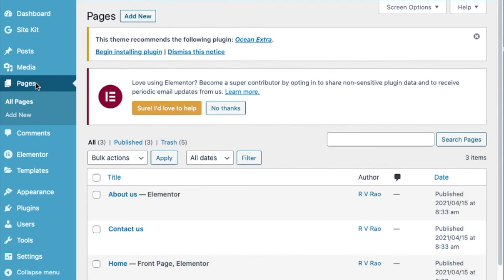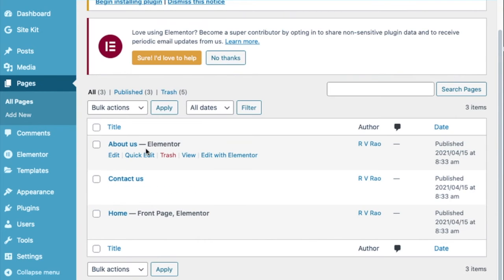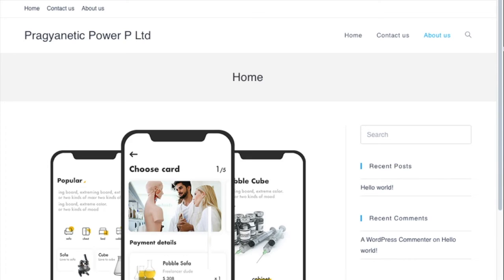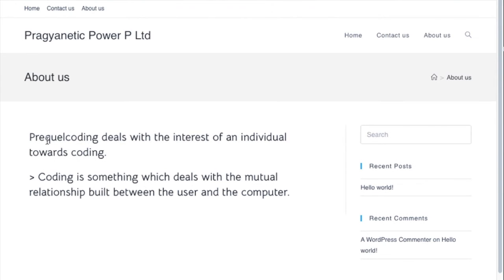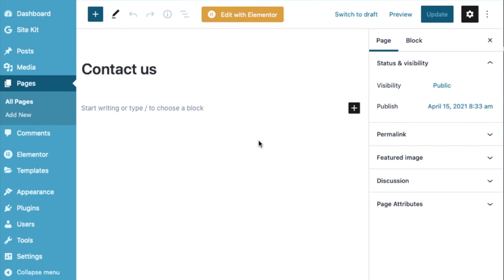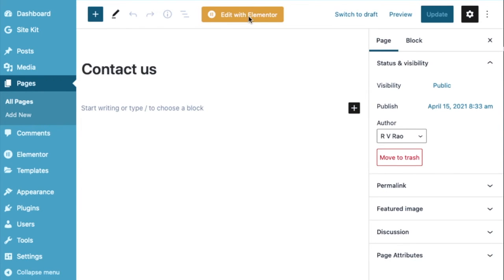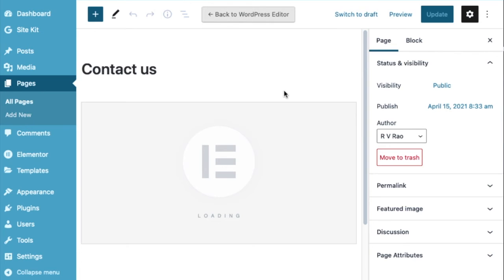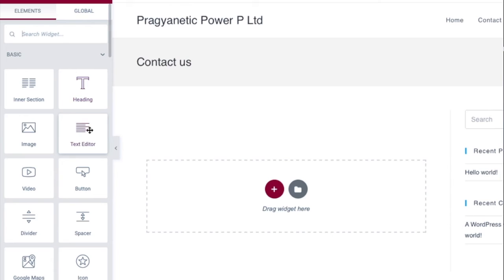Okay, now let me just try to go back to the pages and edit my contact us page. So let us just see the about us page now. So here's our code content which we have invoked. Now contact us. The contact us page is used for queries purpose, wherein your user will be able to contact you if you have any queries on that specific website or specific text you have added.